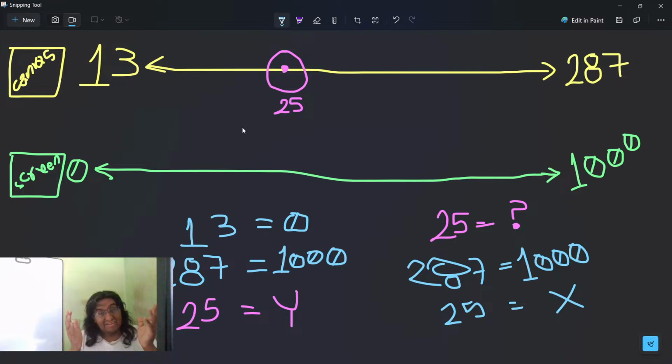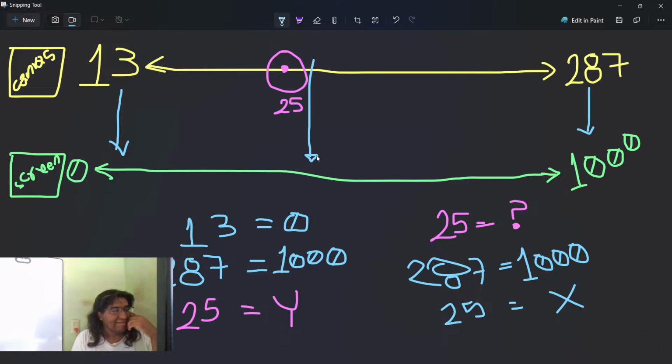I'm thinking computationally here. That's why I am a little bit out of computing and more into mathematics, because in here I am thinking computationally in the sense that if 13 is 0 and 100 is 10,000, then this, if you are an expert, you probably see it and think, my God, this is so obvious. But it isn't.